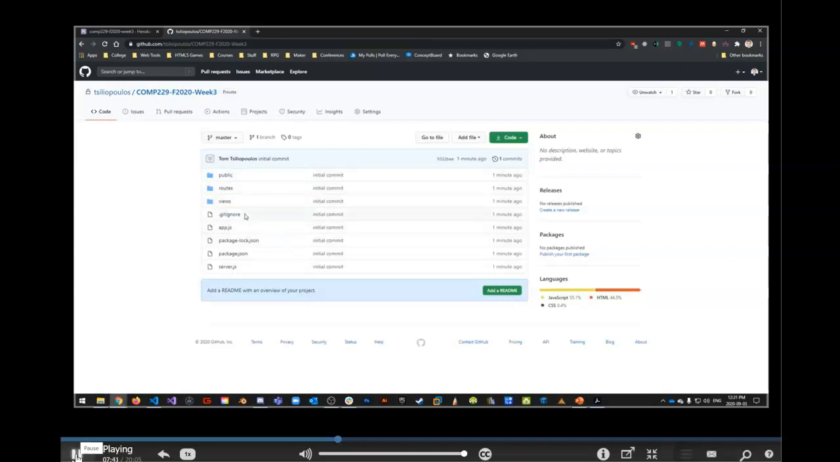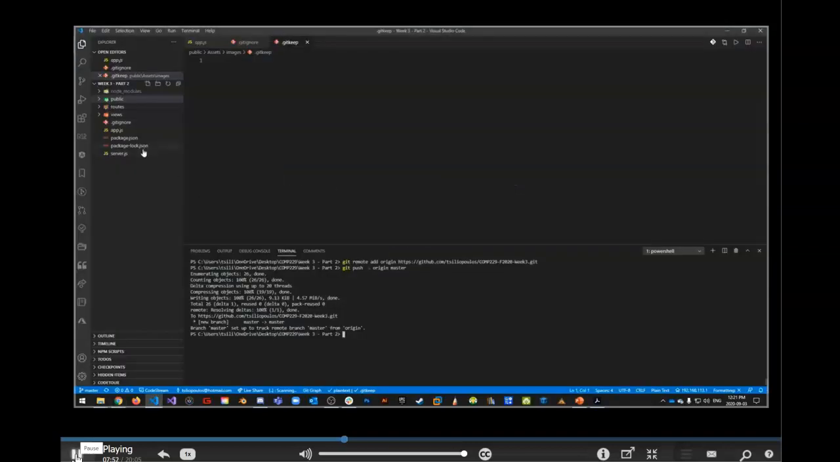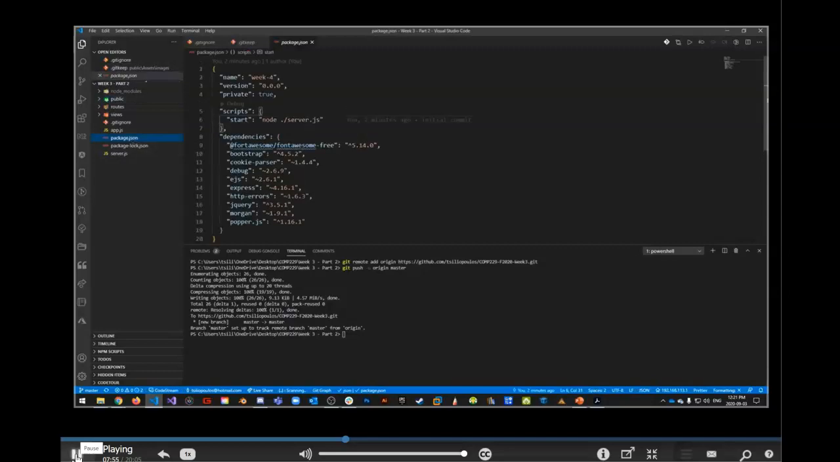Okay, warning, you need to have your server.js on the root of your folder to put it up on Heroku. All right, if you don't, then it won't work. The next thing is we have to modify our package.json file. So package.json right now has some basic things, but a couple things that are missing are required